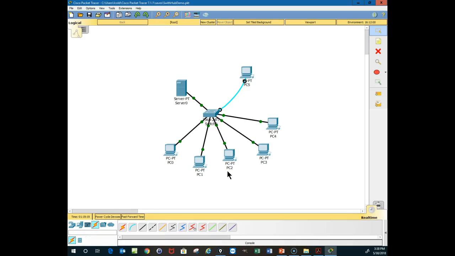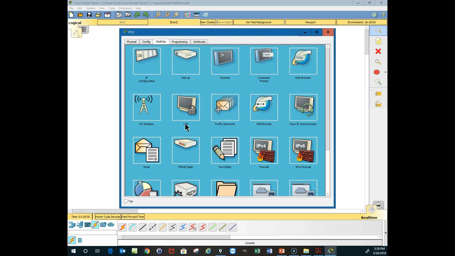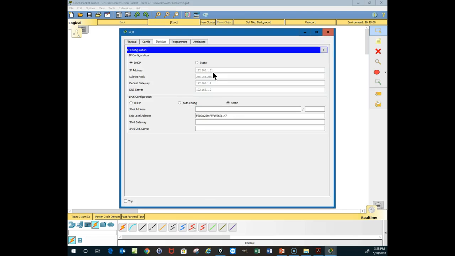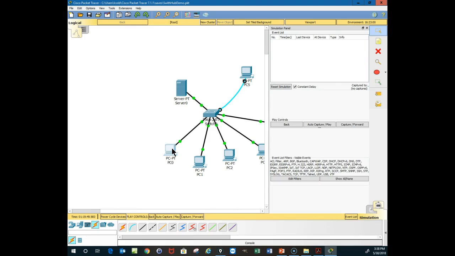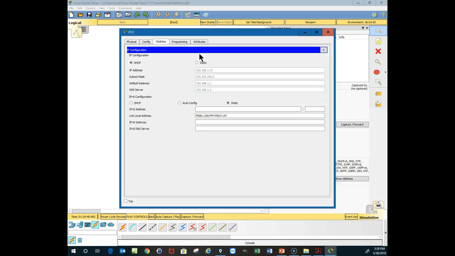Now we're going to try to show some of those principles, the flooding and the switching and those sorts of things. These machines should all have 192.168.1.51, 50, 51, 52, 53, 54. What I'm going to do is go into demo mode here and the desktop